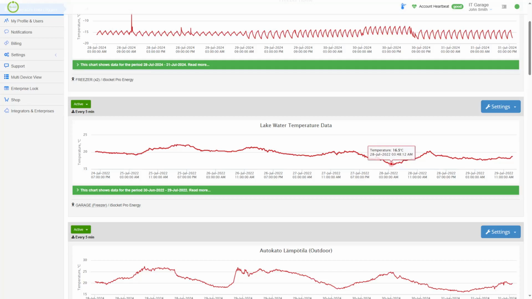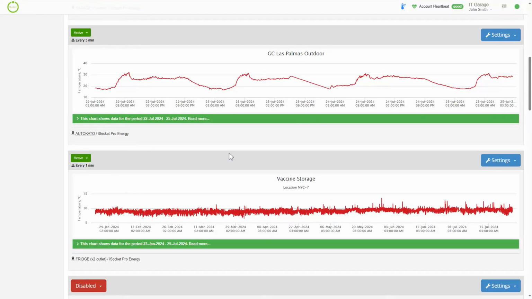Actually, it would be nice to see the outdoor temperature on the same date, but I don't have that data. Probably I recorded it somewhere, but it was 2 years ago, and I already don't remember. So quite interesting stuff, at least for me. What about you? Let me know in the comments.